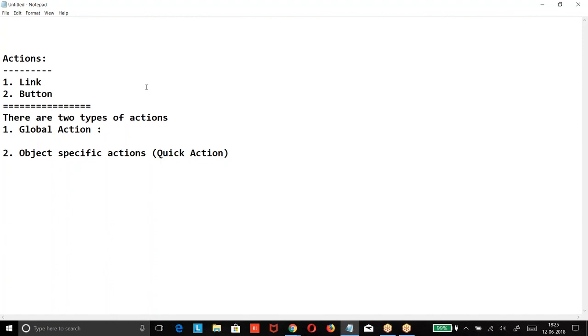When I say object specific action, these actions can be added on the page layouts of that object only. When you are making an object specific action, it is added to the corresponding object only. That means whatever action I am doing will be associated with that record ID.